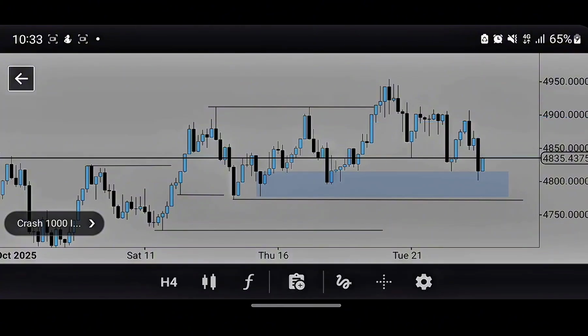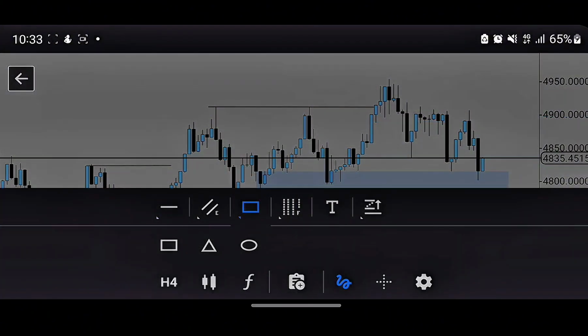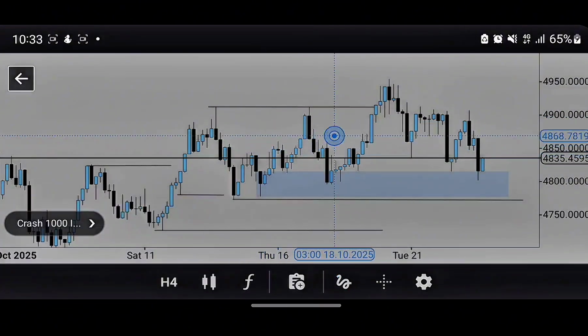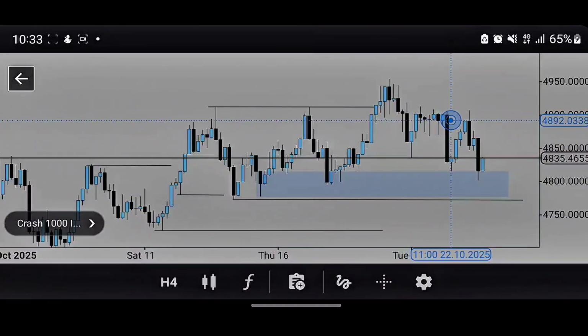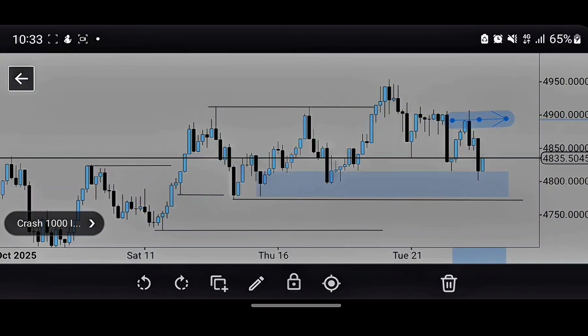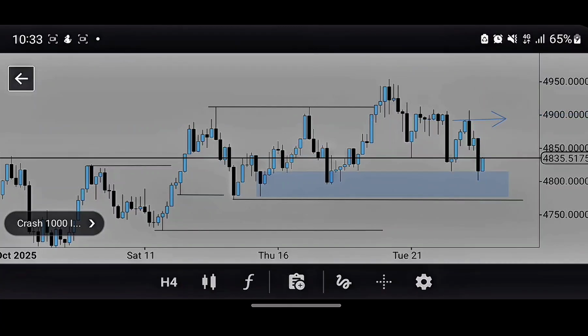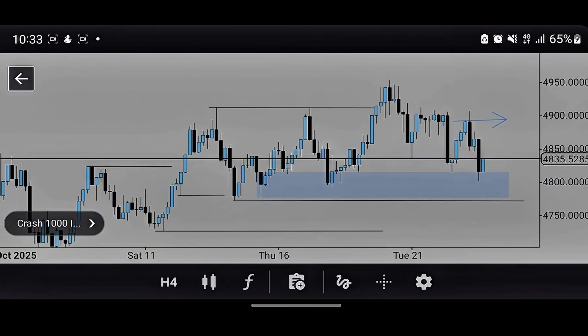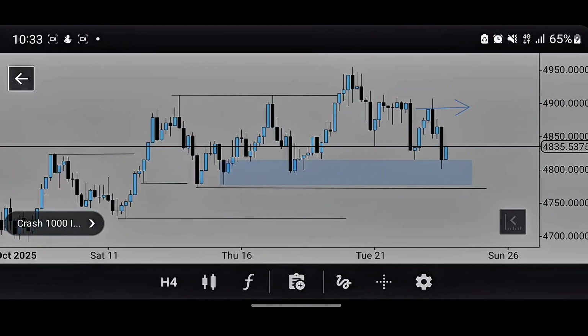So we're going to be marking out our 4-hour levels with this arrow tool so that we are able to distinguish the different time frames that we're getting these levels on. That's our 4-hour level right there with that arrow, this blue arrow here. Okay, so hopefully price is going to get to that blue arrow, but